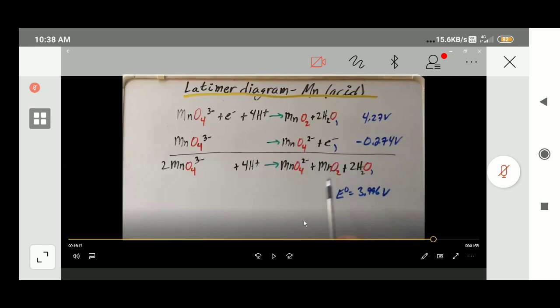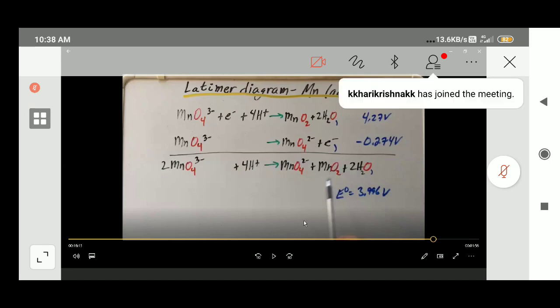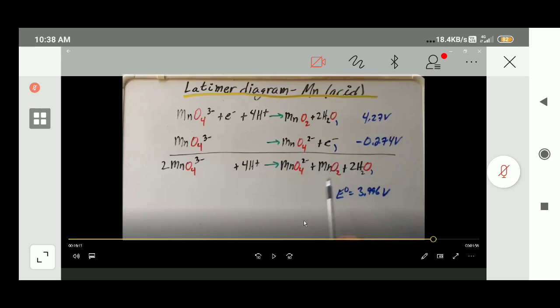Second point, with the manganese example, which has several intermediate oxidation states: when we try to arrange them in decreasing oxidation state and place the standard reduction potentials, the standard reduction potential does not follow a decreasing trend. The sudden jump in the value of reduction potential might indicate the instability of the species involved during the transition.